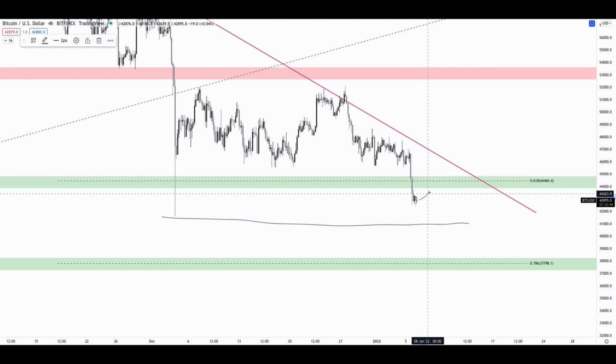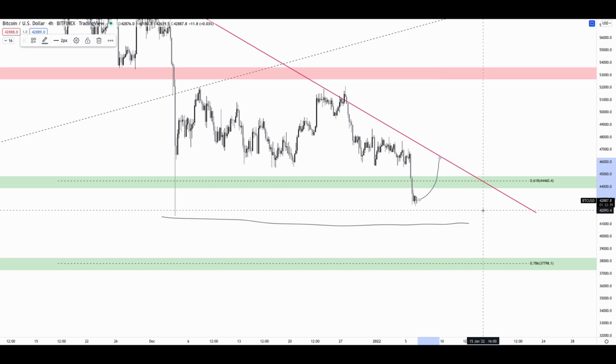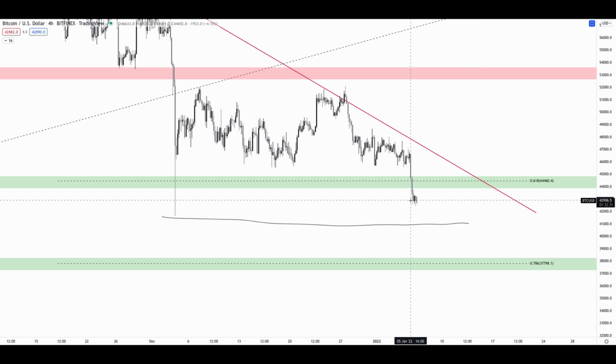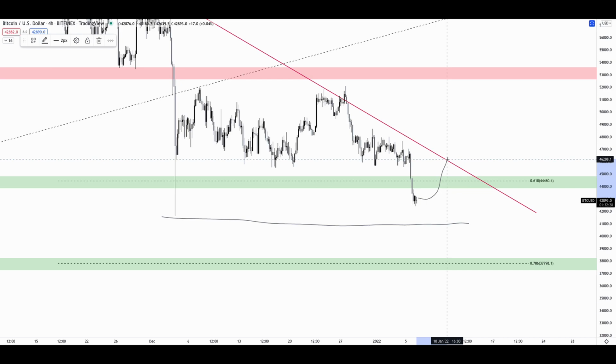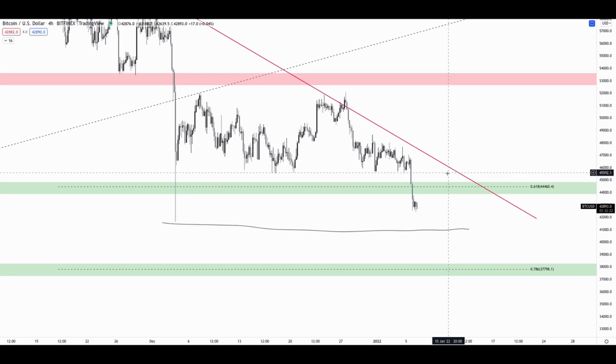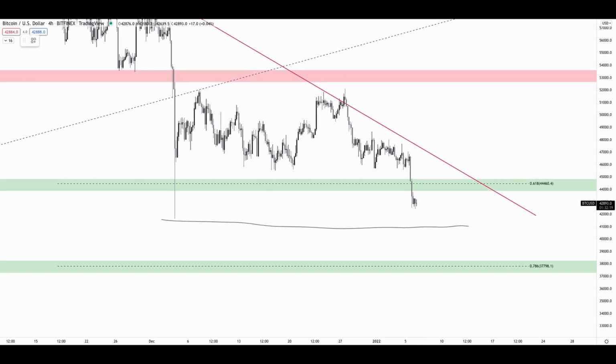So we can either move up right here from this point onwards to, let's say, 45, 46K as a relief rally, forming a lower high, right? But failing to break above the descending resistance, only to fall back below once again. That's a probable case. But if we do move to 45K, what you need to keep in mind is that it's technically still a lower high and that there hasn't been any bullish confirmation at all. So even if it looks like alts are partying, don't buy until there is confirmation that the trend has reversed bullish. That's something you need to keep in mind, right?